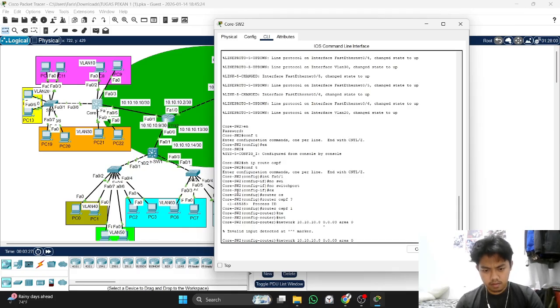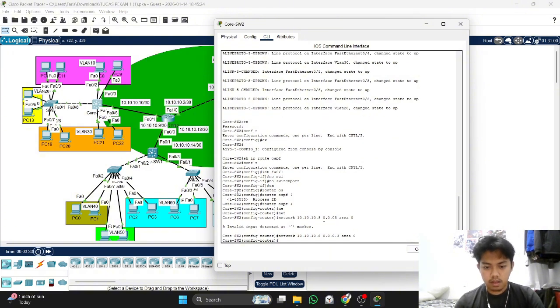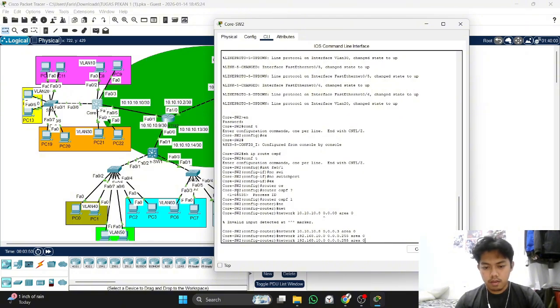Oh, I forgot. Okay, and now we configure all the networks from VLAN. Maybe you can follow me for the configuration.